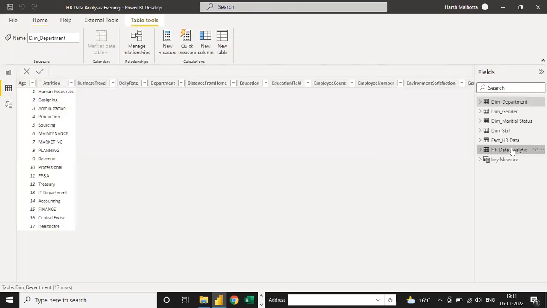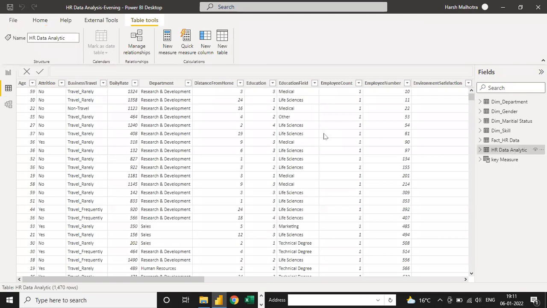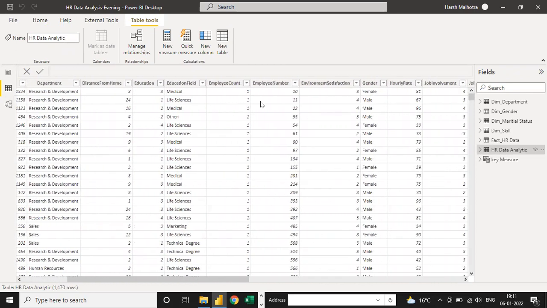See, this one is your main table. Suppose you want to calculate the total employees, then you have to calculate only from the employee column. In the employee column, you can see there is an employee count. But here you see the number 111. It means education field wise count. But here, if you can see, employee number.